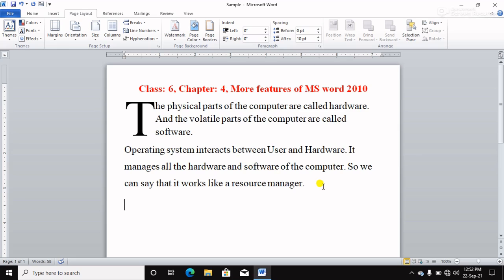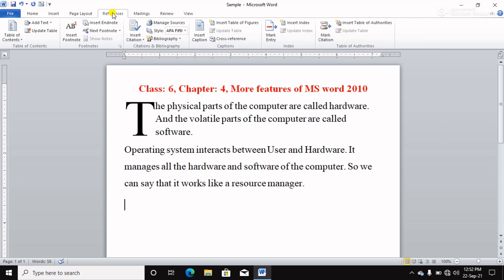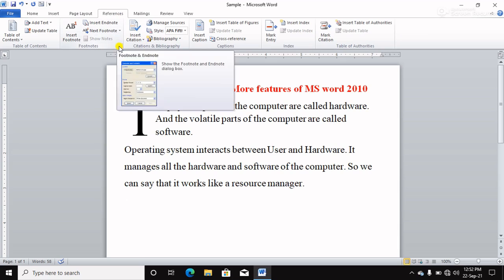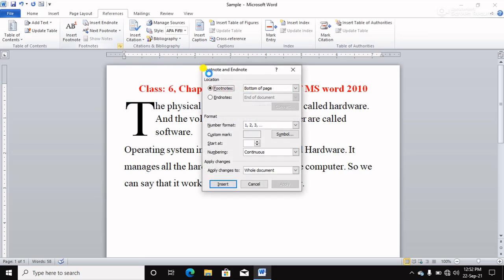Suppose I am clicking here. Now click on the References tab, and choose the footnote group. So I'm choosing this. See, this is the footnote, bottom of the page, and endnotes, end of the document.